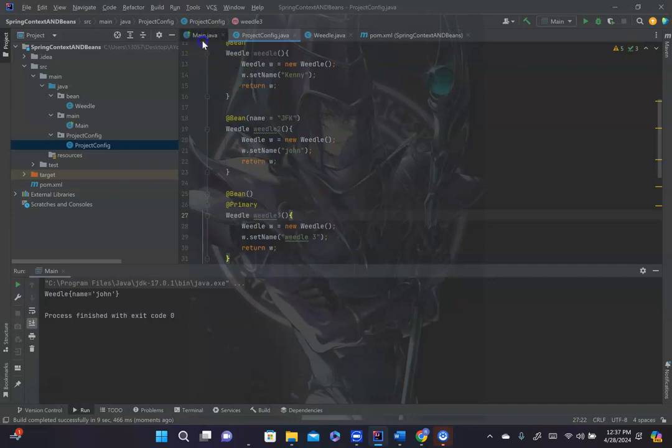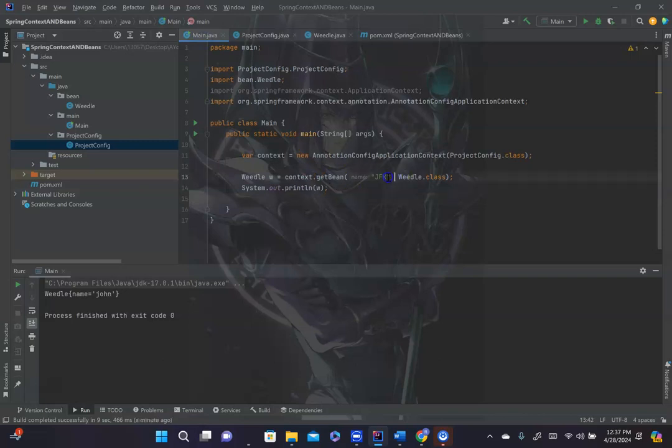So in this case, if I were to get rid of this name here, and I were to just run this, it should come up with Weedle3. So let's see. So Weedle